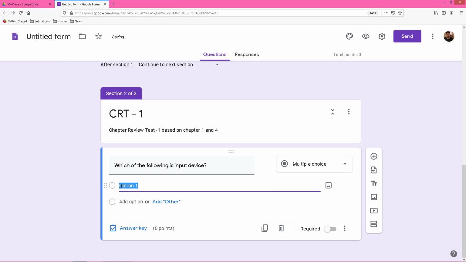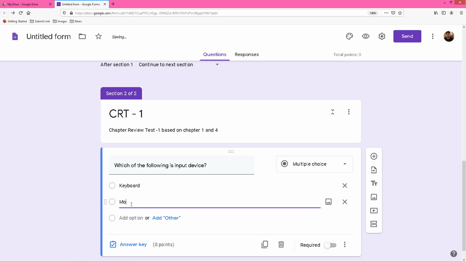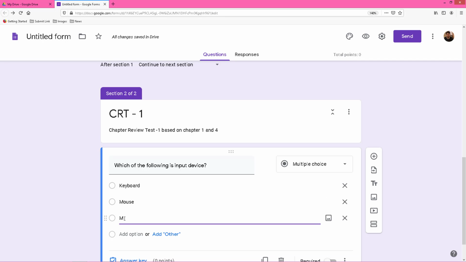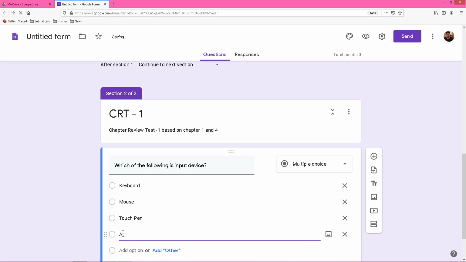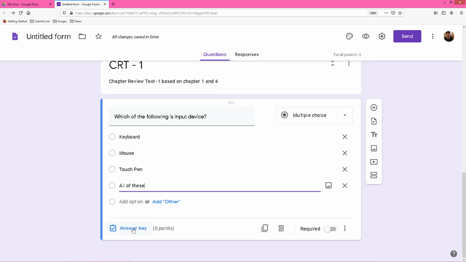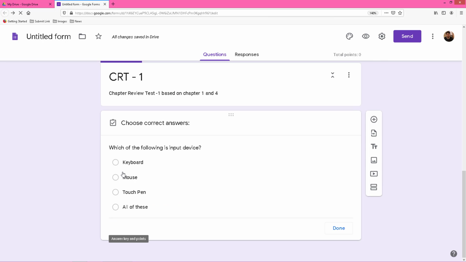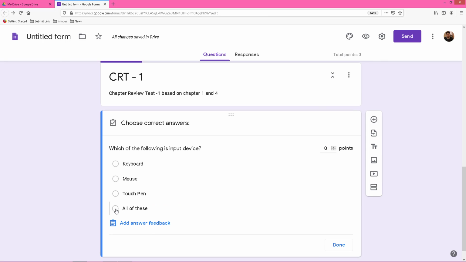Option 1, keyboard, mouse, touch pen, all of these. There is the option answer key. Just click answer key and set the right answer, allot the marks and click done.